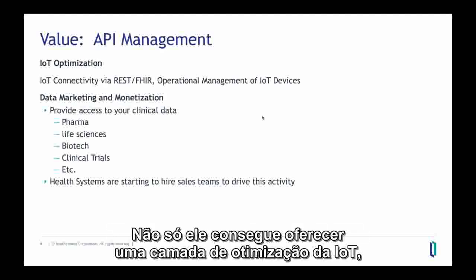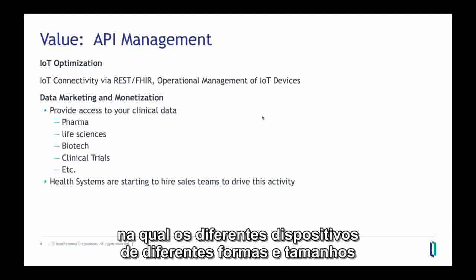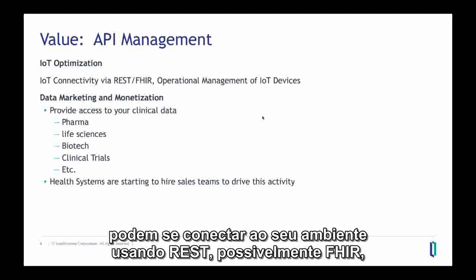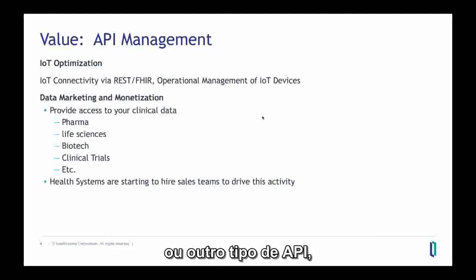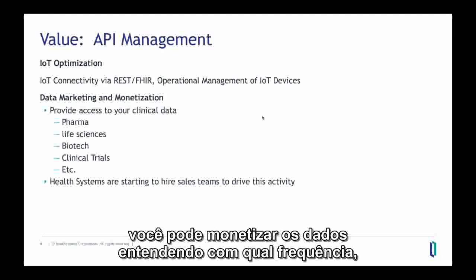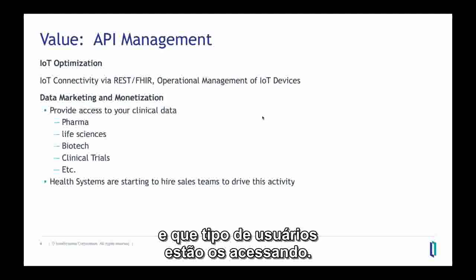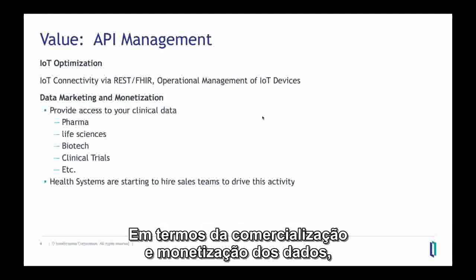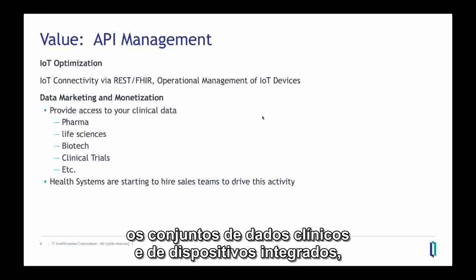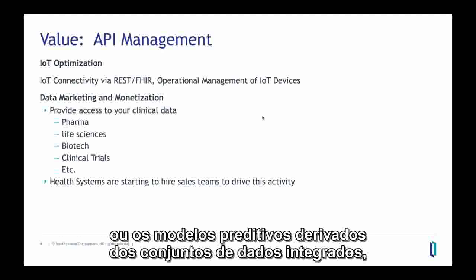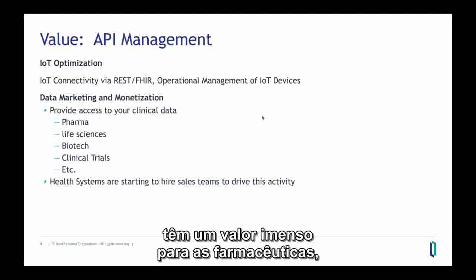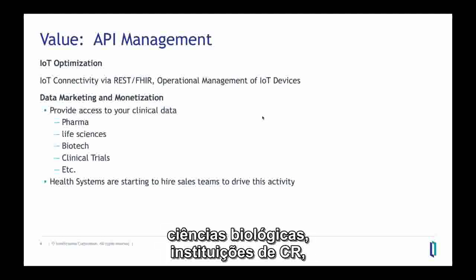Not only can it provide an IoT optimization layer where different devices of different types, shapes, and sizes can connect to your environment using REST, possibly FHIR, or another type of API, you can also monetize the data by understanding at what frequency and what type of users are actually accepting it. In terms of data marketing and monetization, the clinical and device integrated data sets, or the predictive models derived from that integrated data set, have tremendous value to pharmaceutical, life sciences, and CRO organizations,